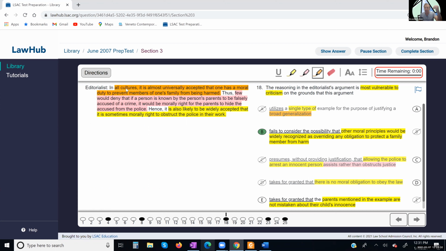So it's saying for a fact that you know. Okay. So if they were wrong, then this condition just wouldn't hold true. That doesn't weaken the condition. It doesn't weaken the if-then. It's like, if Brandon wins the lottery, then he's going to buy a huge house. And it's like, but he's not going to win the lottery. That doesn't weaken the argument, right?